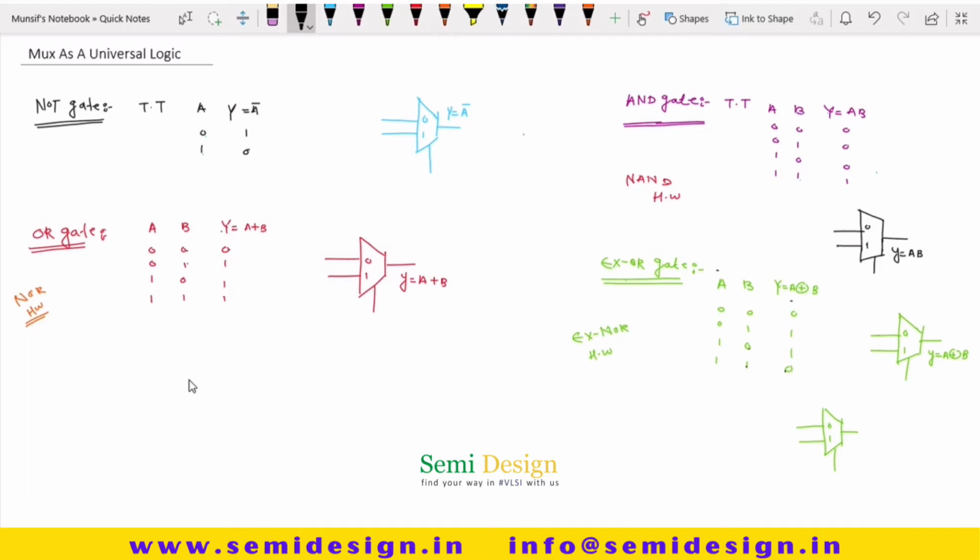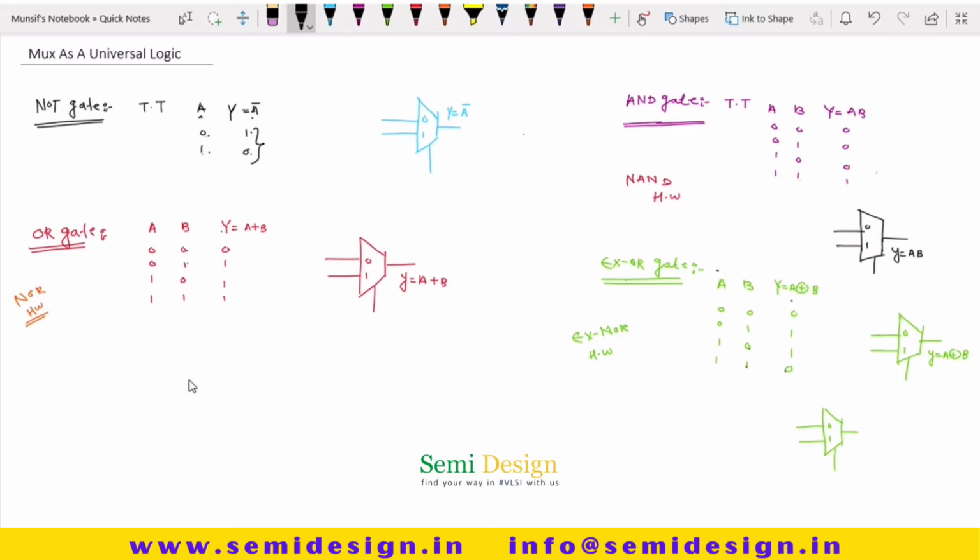So let's take a simple example, NOT gate. How multiplexer can be used as a NOT gate. This is the truth table of NOT gate. A is the input and Y is the output, which is nothing but A bar. So if the input is 0, output is equal to the bar of that, 1. If input is 1, output is 0. Okay, so simply bar of input, and we just need to map this K-map to the inputs of the multiplexer.